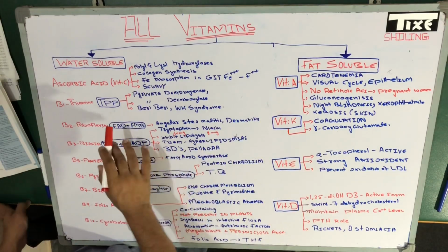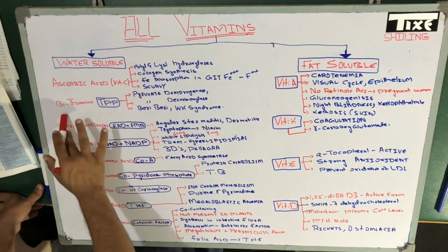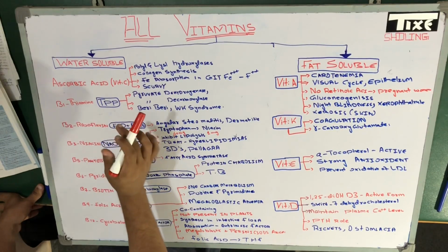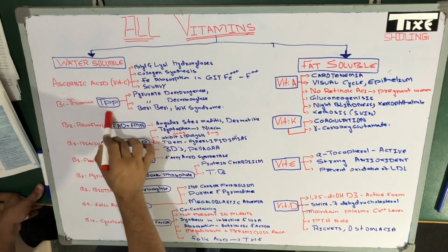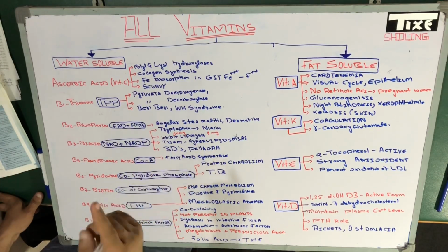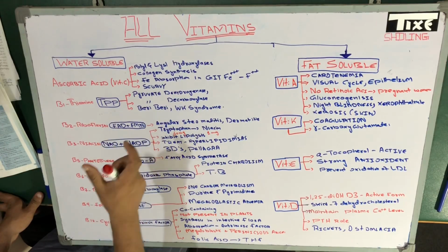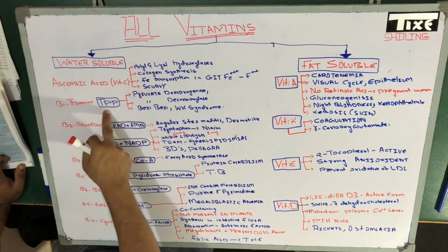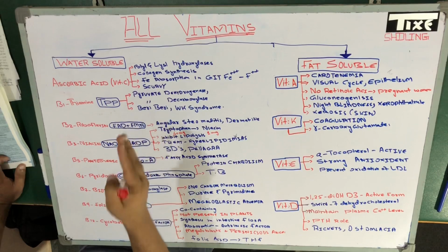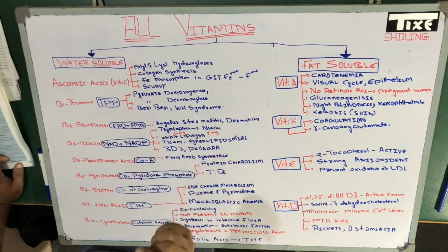Now let us move towards thiamine. Thiamine is vitamin B1. This is not the active form, but TPP is the active form, which stands for thiamine pyrophosphate, a coenzyme of thiamine. This TPP, or the coenzyme, is used in the oxidative decarboxylation of pyruvate